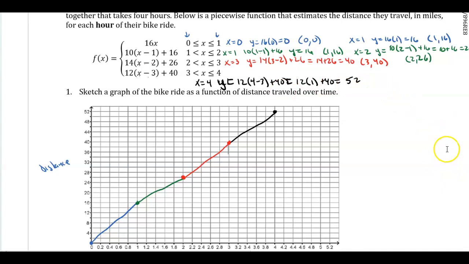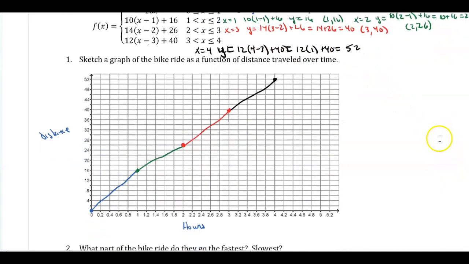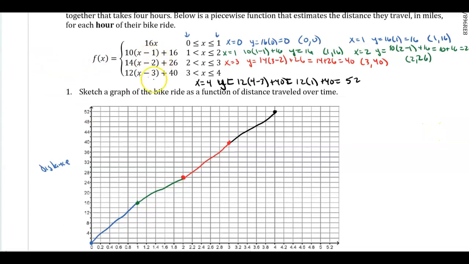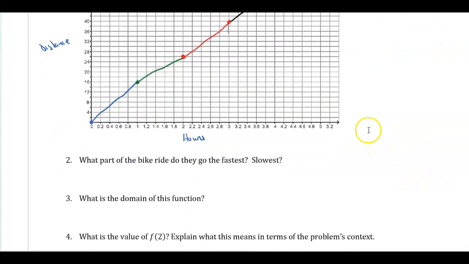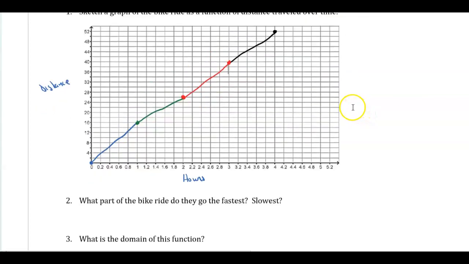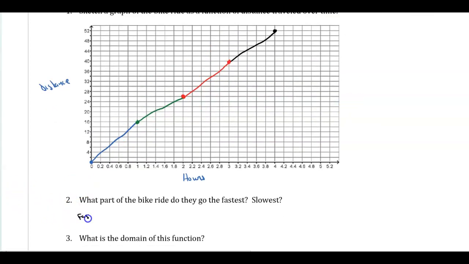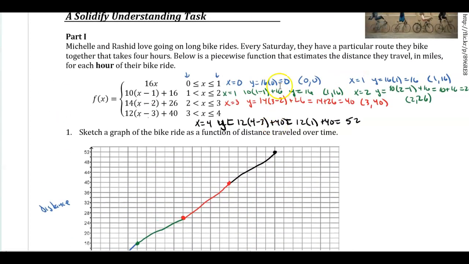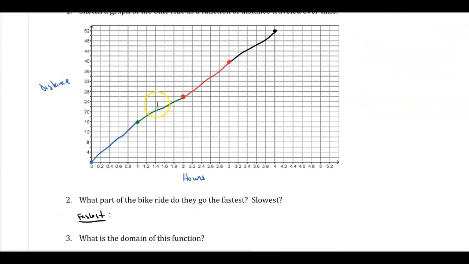Alright, so this is the easiest way I feel it'll be for you guys to graph these. Now you could always plot these points and use the slope, but you got to pay attention to the domain. So it says what part of the bike ride are they going the fastest and the slowest? Now, to be honest, I would use the equations to determine the fastest. Because what am I going to look for? The one with the largest slope. So here, my slope is 16, 10, 14, 12. Which one has the greatest slope? 16. So, the first part